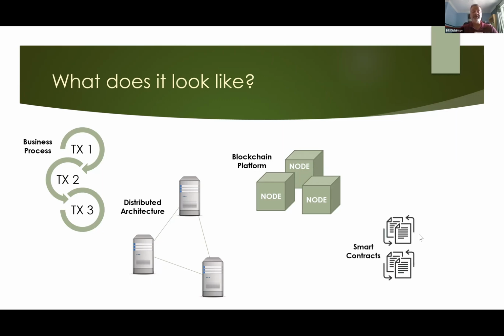The next piece are smart contracts. Technically, smart contracts are part of the blockchain network as well, but they're developed outside of any specific blockchain platform, so I'm going to list them separately. Don't let the buzzword smart contract throw you off either. We are really just talking about software code that defines what actions can be taken within the blockchain network. They're effectively the business process rules distilled and defined as code, and should it reflect a legal binding between all the participants, the code is how the business process is supposed to run. And that's where the term smart contract comes from.